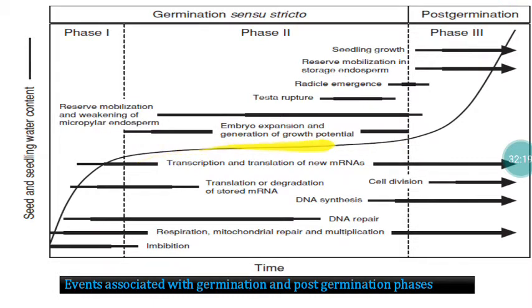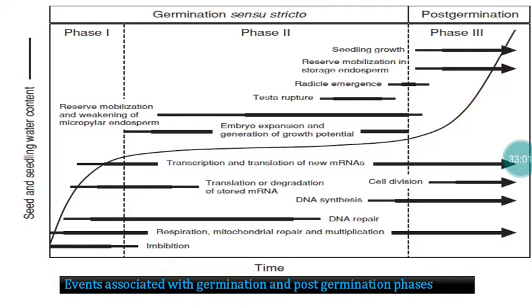During that process only, whatever biochemical changes we discussed, everything is going to take place. That is the breakdown of carbohydrates, lipids and protein. And the energy generation and the cell elongation, everything will take place in this particular stage. Whenever the water content of the seed increases again, that indicates that the seed coat is going to rupture, and the root and shoot are going to come out. Once the seed coat ruptures, there will be an entry of water into the seed system through mass flow action, and the emergence of the root and shoot ultimately demands more water.